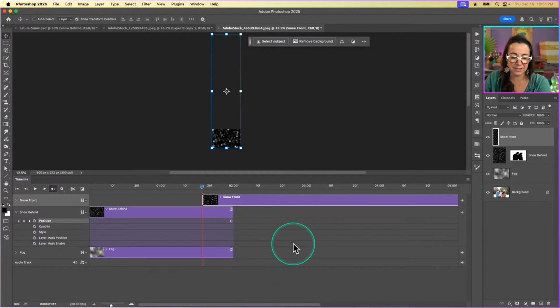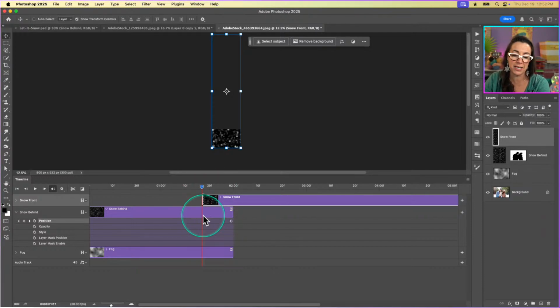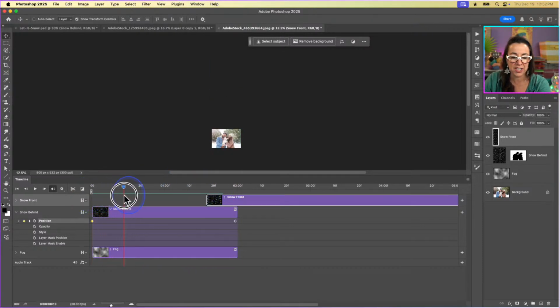Photoshop always does this. It drops in any new layers that you create or that it creates. In this case, when we pasted it in, Photoshop created a new layer, and because my playhead happened to be here, it added that layer at this point in time. So remember that if this is like a video and we were to watch this through, you'll notice in the image that we don't see this layer until the playhead hits it and